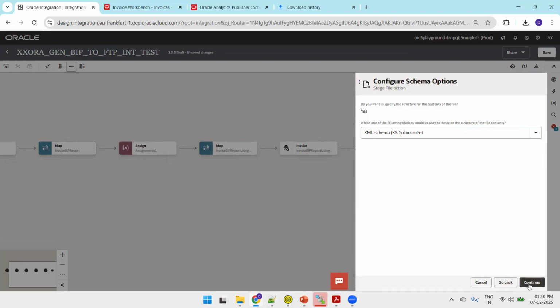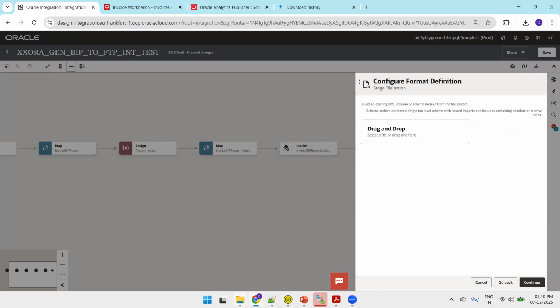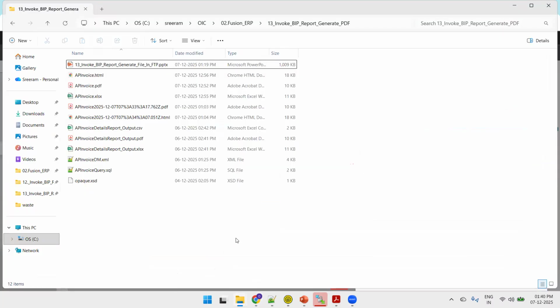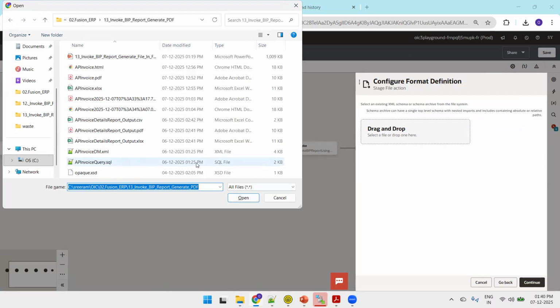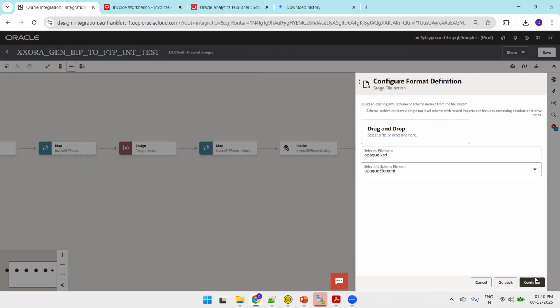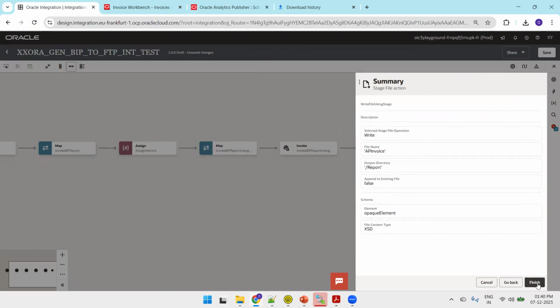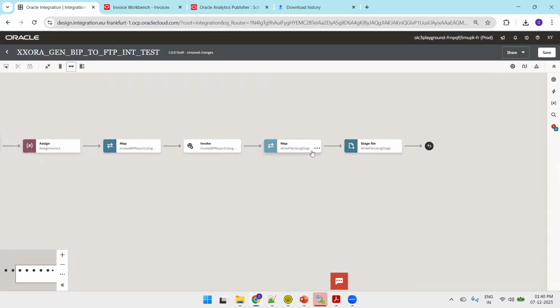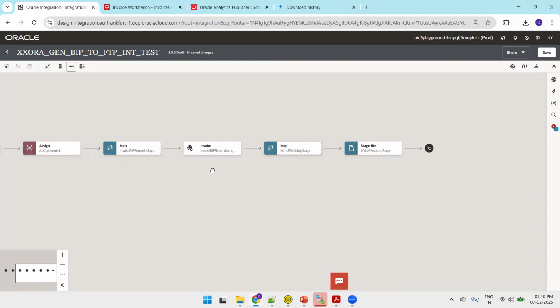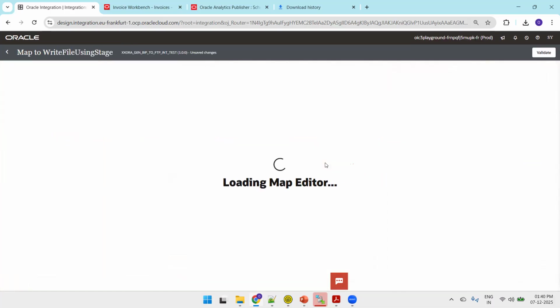And we have to mention the opaque schema. So we'll get that. Nothing to change. Go with the default and finish. So for this stage file write activity, it will generate the mapping. We have to map the response we received from the invoke activity of the BIP report to the stage file activity. Click on the edit for the map activity of this stage file activity and map the